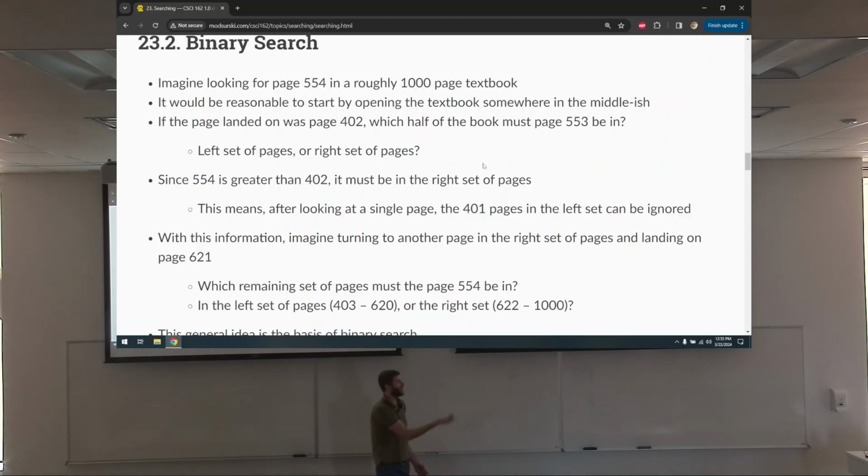And if I do that and I turn to page 402 and I'm looking for page 553, I have a typo there. That's okay. A moment ago I was looking for page 554, but now I'm saying I'm looking for page 553. But whatever. If I turn to page 402,